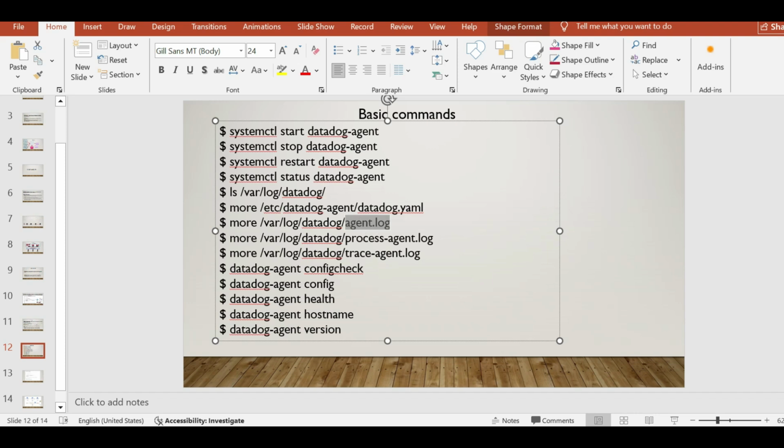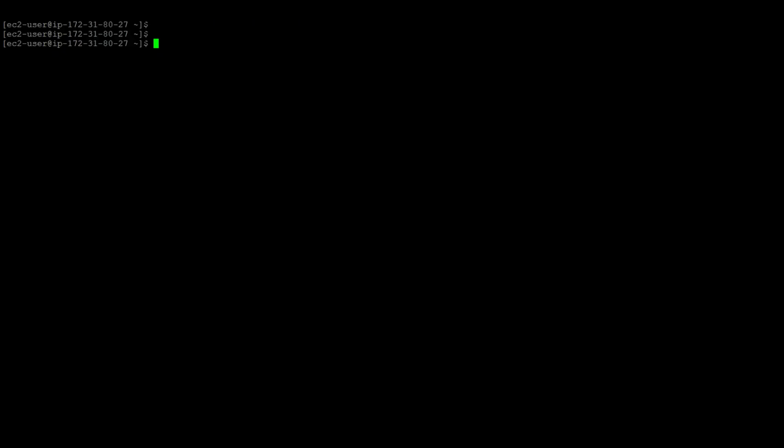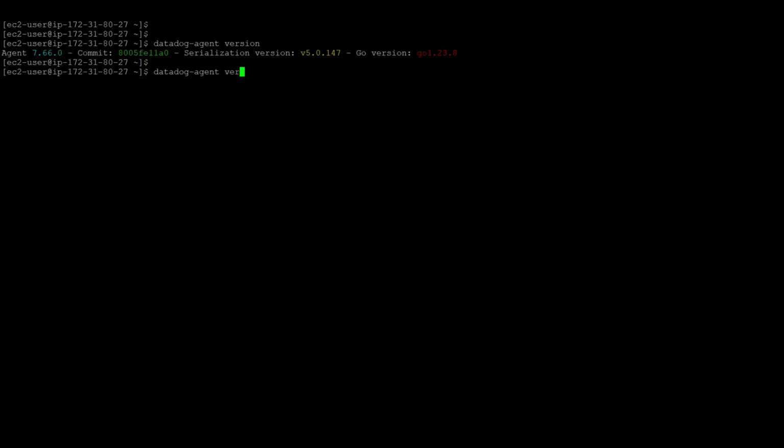Okay, then you have the main configuration file. Inside this file only we are going to play. And here you have some more commands: datadog-agent config, datadog-agent configcheck, health, hostname, version, all those things. Say for example, I'm going to use datadog-agent version. So when you are giving datadog-agent version, this is the version. And if you want to check health,